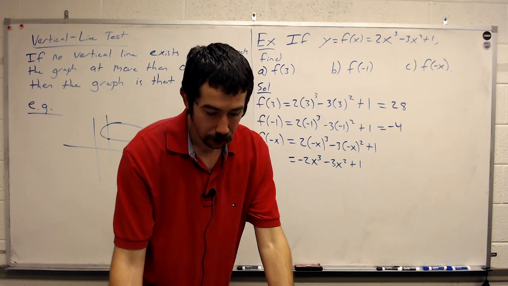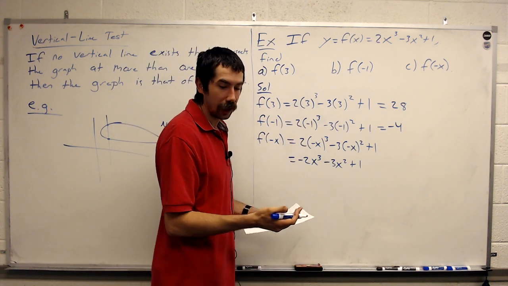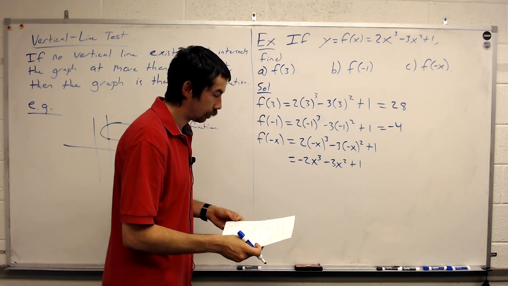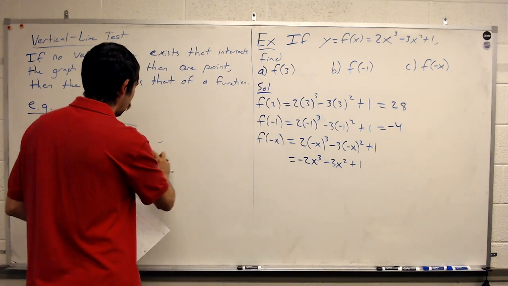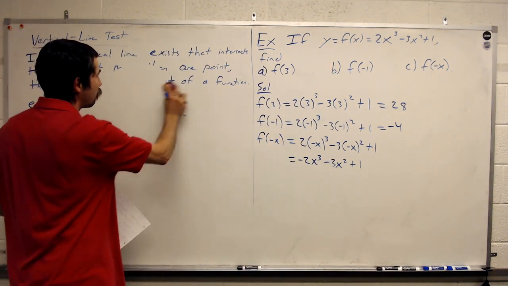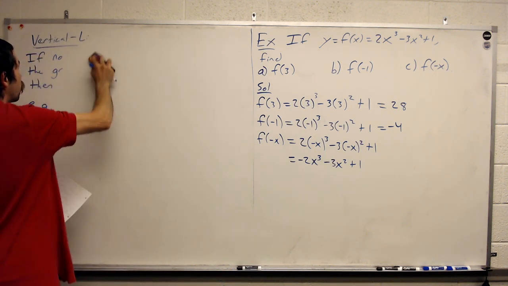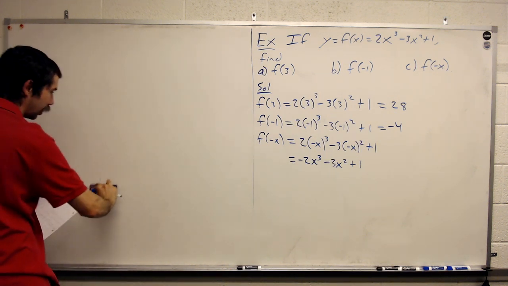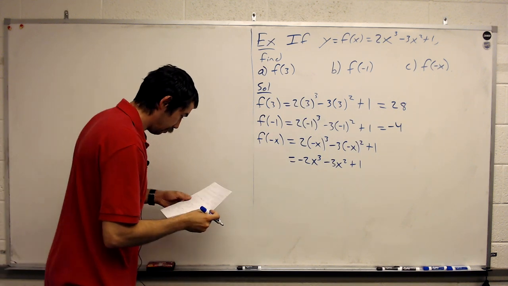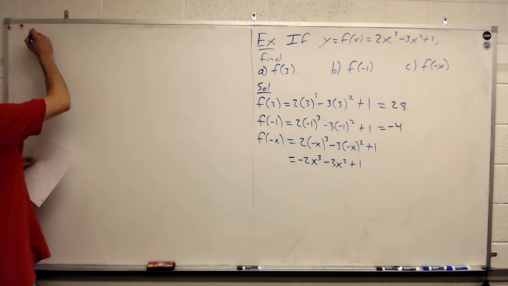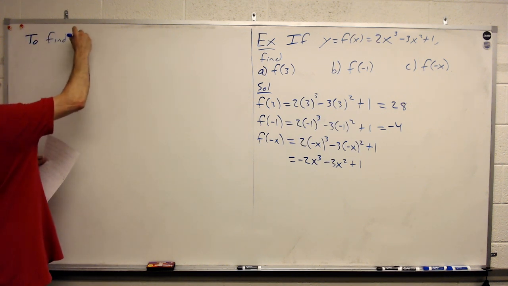Okay, and so what I want to talk about now is the composition of functions. Actually, before we do that, let's talk about domain. So remember, the domain is the input. The domain is the input for our function. The range is the output. So how do you find the domain? So to find the domain,